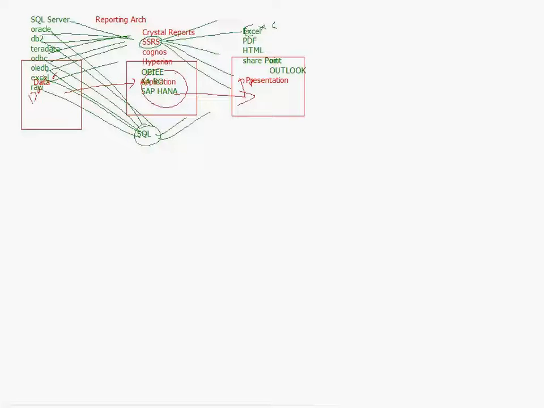Now, about SQL Server. You don't need to install any extra tool for the services. When you install SQL Server, your reporting services will come, or if you want to run your services.